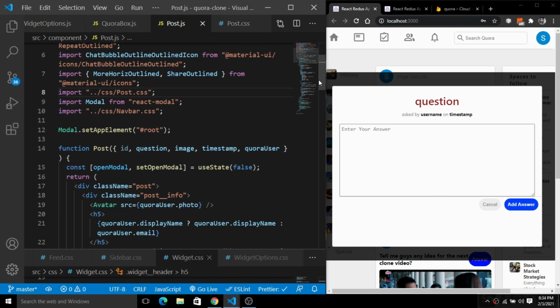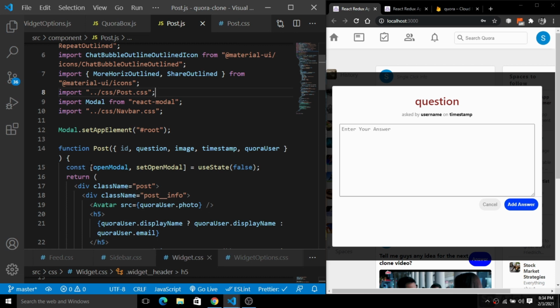The dispatch will simply dispatch the question ID or the question name, and after that we will use that question ID or question name for the rest of the things. So we will use a dispatch functionality inside of this post.js. Here you guys can see we have this post.